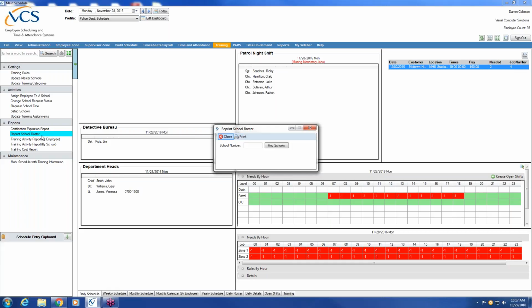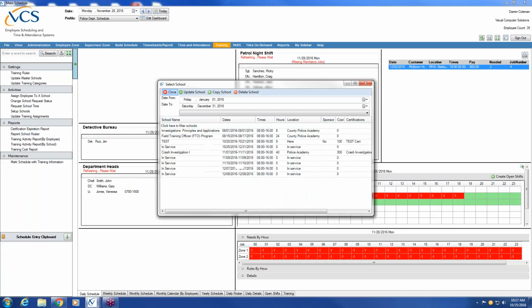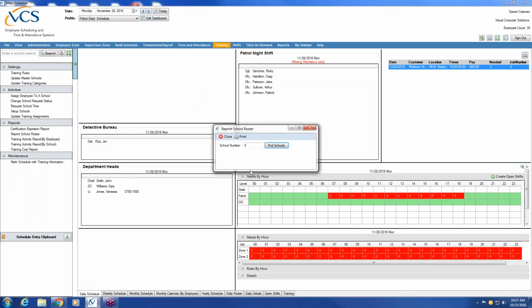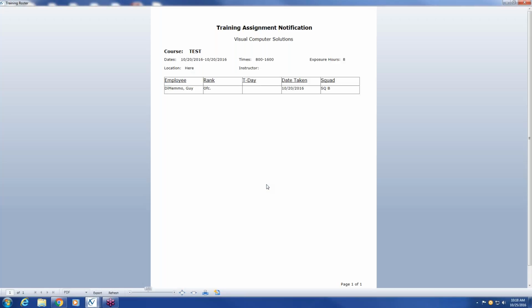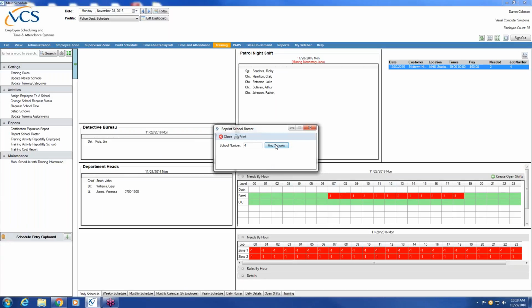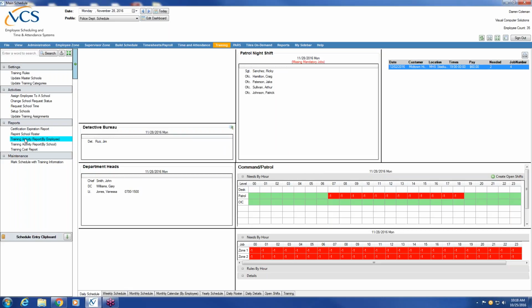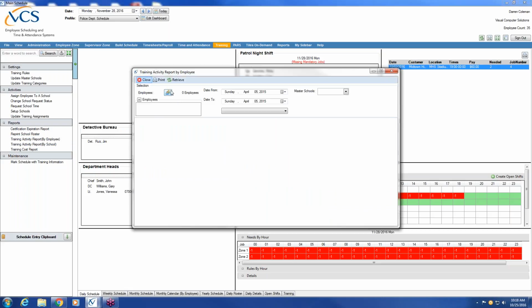Next report is called Reprint School Roster. Select any of the classes or the class that you want to report on. Select Update School and click on the Print button. You also have training activity reports. Select the individuals you'd like to run it for, the period of time, the master schools,